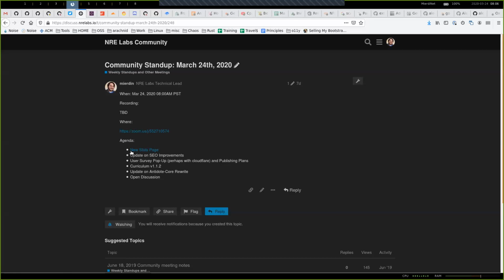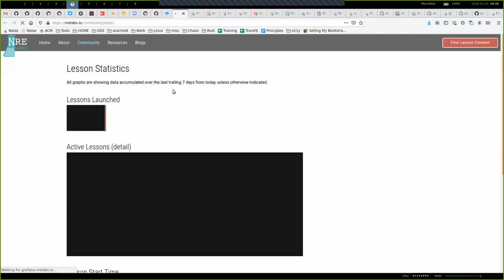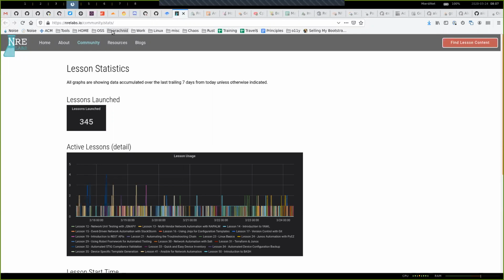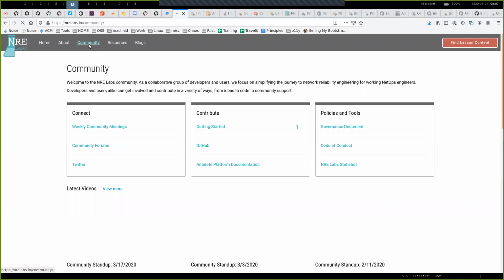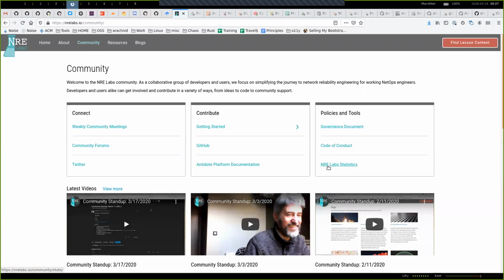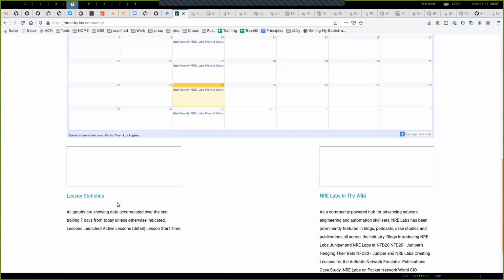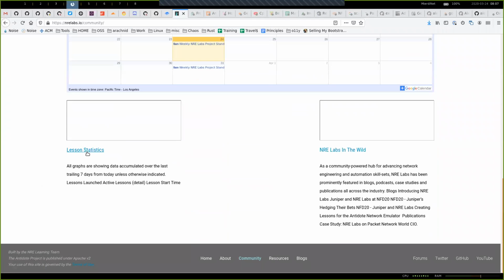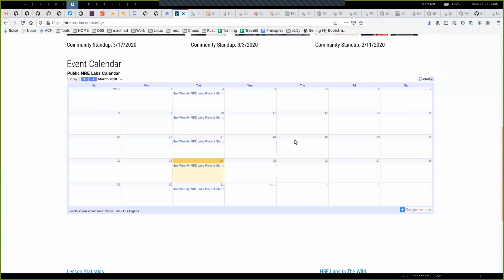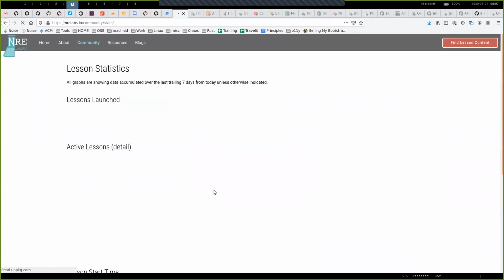So what Lisa asked me to look into was making a new page on the site that embeds these stats so that it's easy to find. And that's what I did. If you go to community, this is the page, community/stats. You can click on community and then go to NRE Labs statistics, or you can go to the bottom. You can click on this if you want. It looks like I need to add some featured images for those. But yeah, if you click on that,